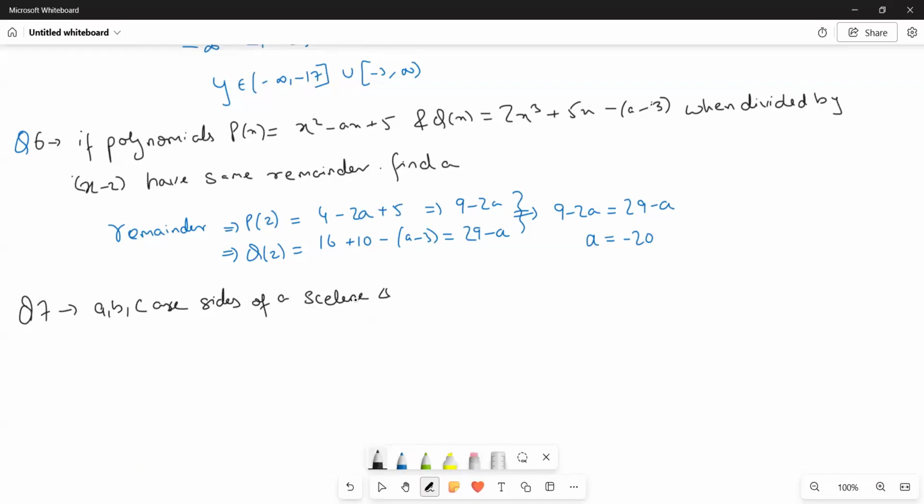Okay, are the sides of a scalene triangle and K belongs to real numbers, then